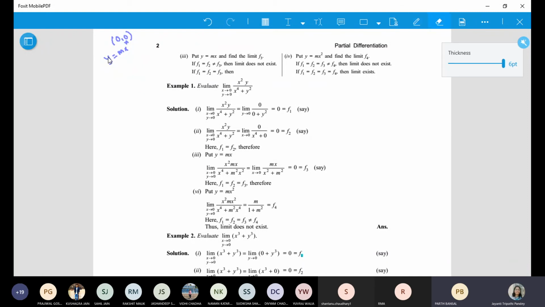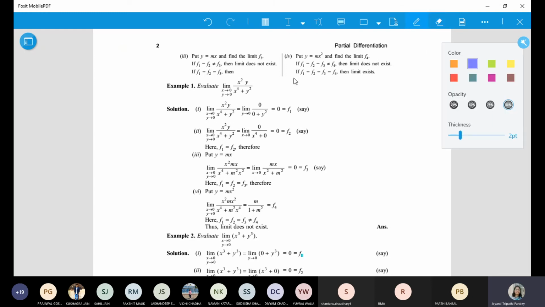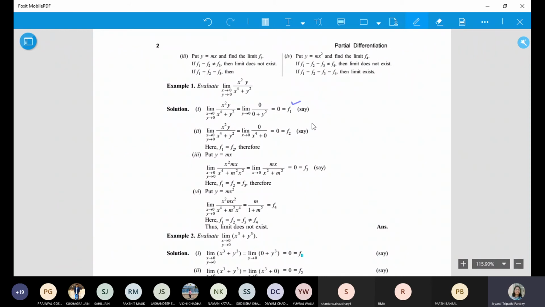Now see this question. Very simple question. Evaluate the limit of this when x is tending to 0 and y is tending to 0. When we try to find the limit, we do it step by step. The first step is you are taking x first and then y. So you put the value of x first and then take the limit at y. The moment you put 0 here, the output becomes 0. So whether you are putting y as 0 or not does not matter. It becomes 0. Is this accepted or not?